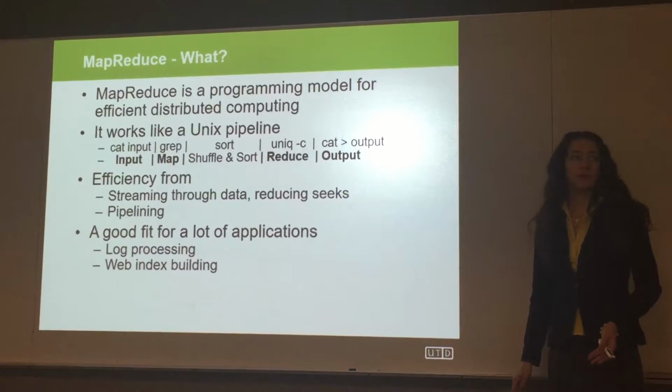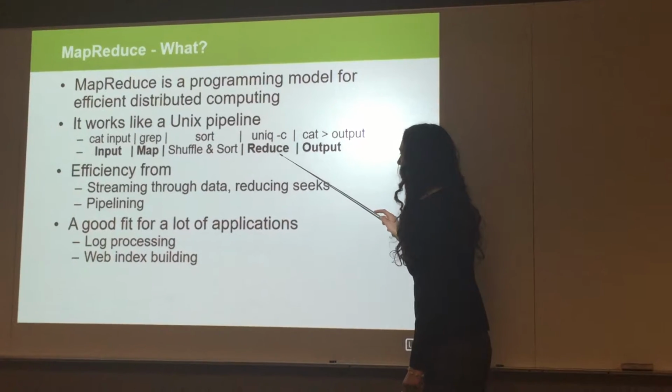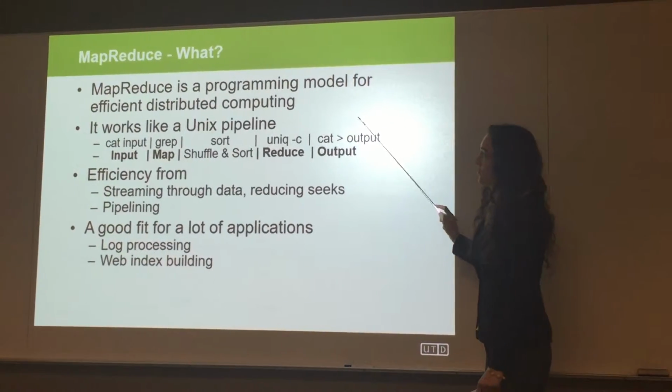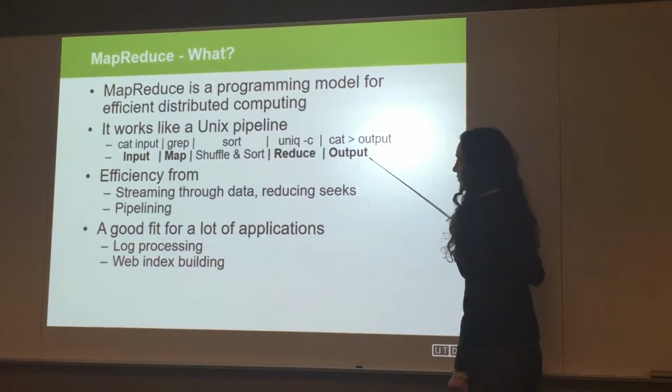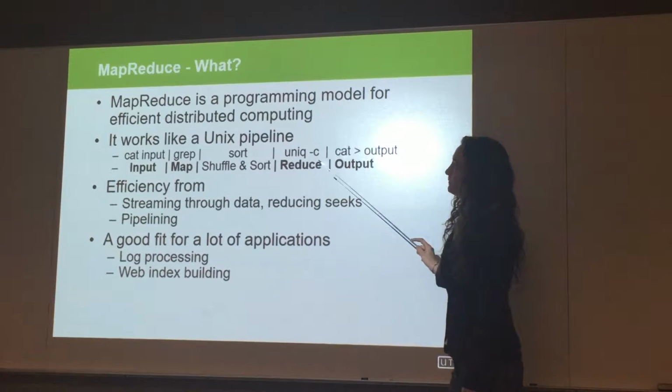So the output of the mappers is given to the reducers as an input, and then the final output of the whole system is produced by the reducers. This is so, for example,